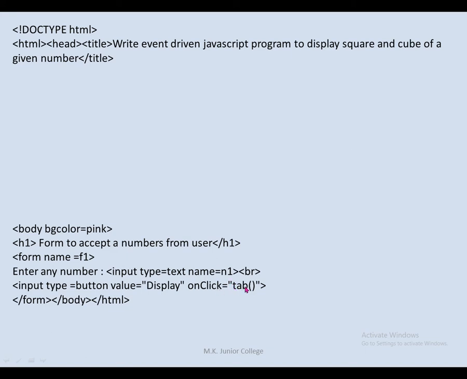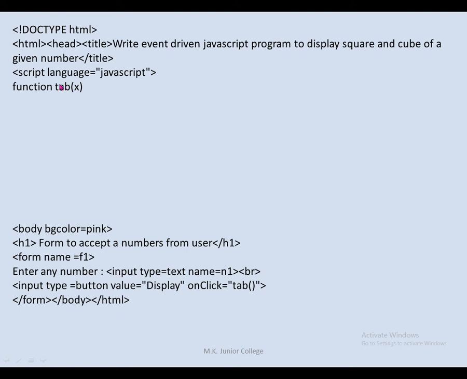Okay, now where will you have to write this function tap? So that function must be inside the head part. Okay, so that's why I'm not closing head over here. My head section is continued and then I'm writing this function. ओके, ये वाला फंक्शन मुझे यहाँ पे लिखना है. सो मैंने स्टार्ट किया script language is equal to JavaScript because उस फंक्शन के अंदर I am going to write all the tags from JavaScript. Okay, see the command keyword to write a function and to declare a function. Okay, here I gave function space name of my function. As I told you, you can add any name without space.